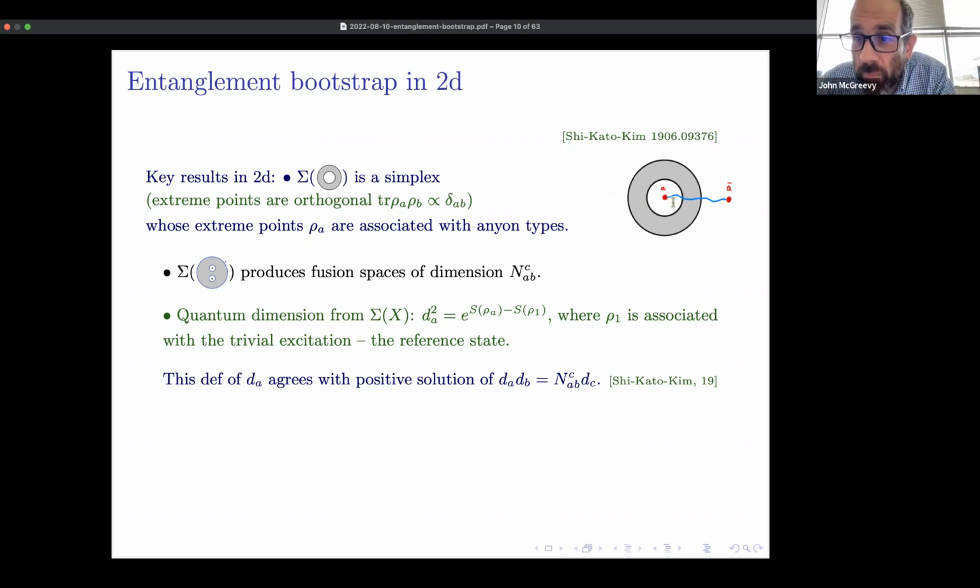Right? So in this picture, I'm acting with some string operator, where the string operator preserves the vacuum, say commutes with the Hamiltonian in the interior, but at its endpoints, it creates an excitation. So this state is distinguishable from the vacuum here and here, but it's indistinguishable from the vacuum everywhere on the annulus. And so this produces a different density matrix. In fact, it's orthogonal to this reference state. And for different A, they're orthogonal to each other, which are elements of the information convex set.